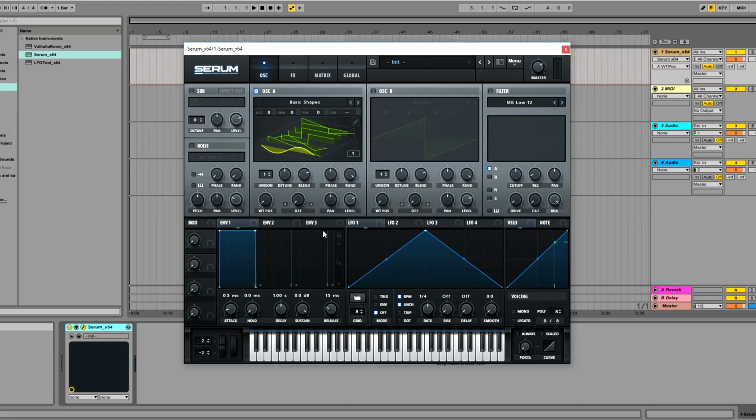It's not that likely you'd use modulation on this for a synth unless you wanted to modulate between a sine wave and a sawtooth or something, or a triangle. I don't know. But